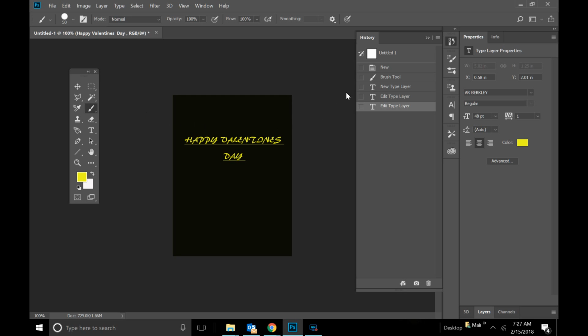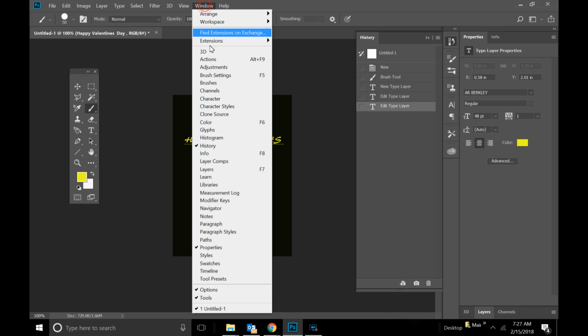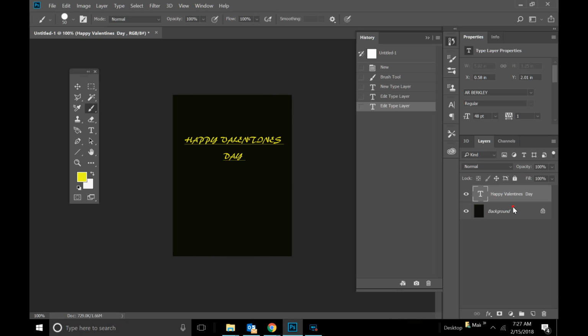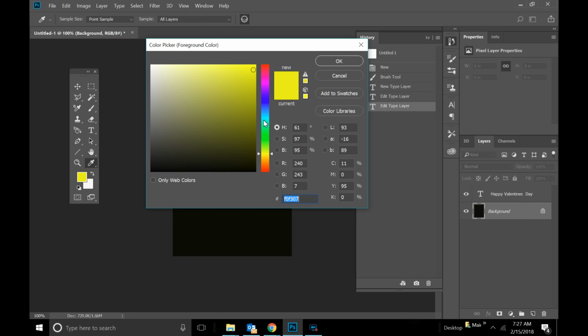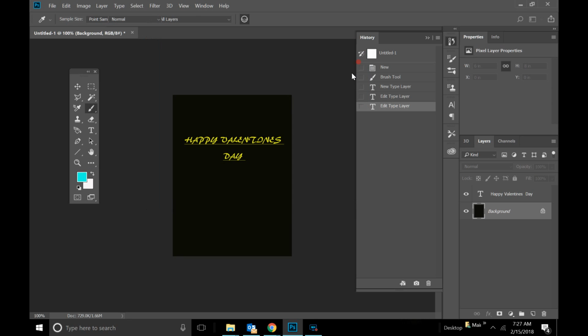Wouldn't allow me to do it. It will if I'm on the right layer. I think, yes, okay, so now I'm on the right layer. I should have turned that on to start with. Happy Valentine's Day is the text. You have to be on this layer or the background layer for the other brush to work. Let's change the colour of the brush. I'll make it blue. If I just do this,